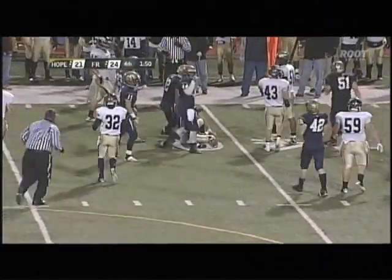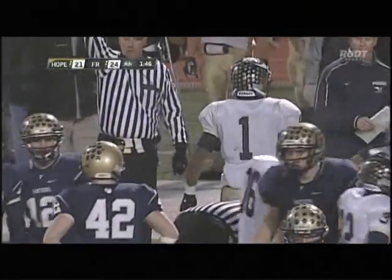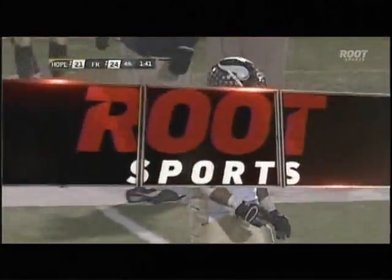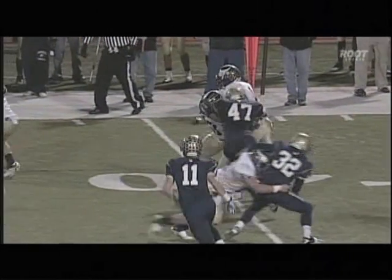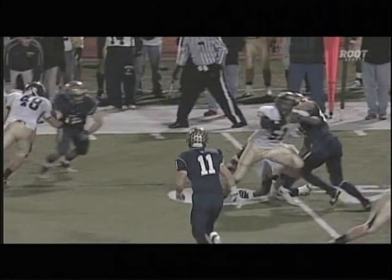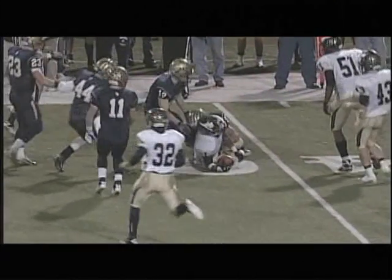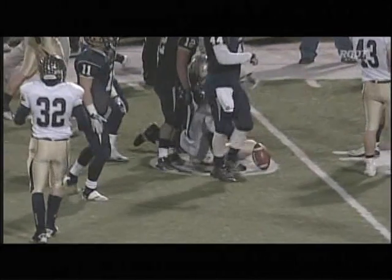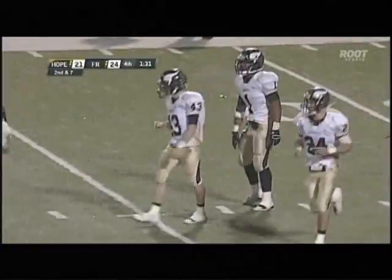Guys? All right, Russell Shell off the right side. As you see the stands, we're over on the Hopewell side. And they're jumping up and down, or maybe on the Franklin Regional side. I'm not sure which side we're on. They're bouncing up and down with our cameras. And here's Shell with a 3-yard. Handoff, fake handoff, and Russell's heading up. Look at